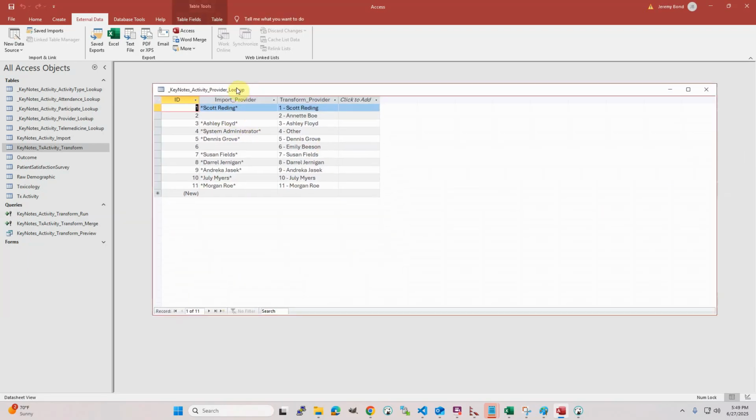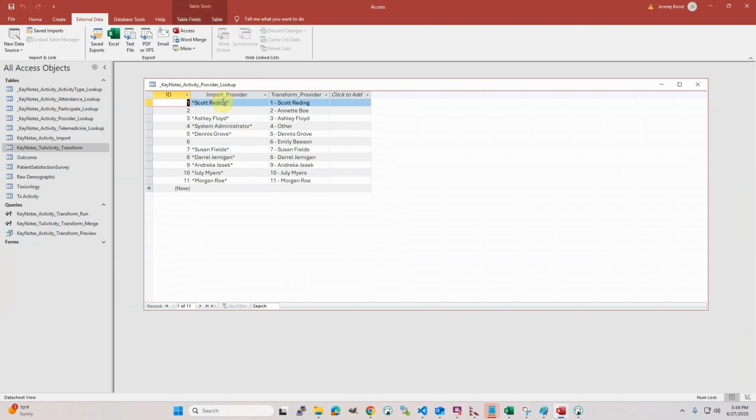So you can see here's the import provider table. So you can see where we just said wildcards, anything starts with Scott Redding, goes to Scott Redding 1, Ashley Floyd to here. Annette, I didn't see her anywhere, or Emily. You'll see the same thing. So again, if we want to flip through these